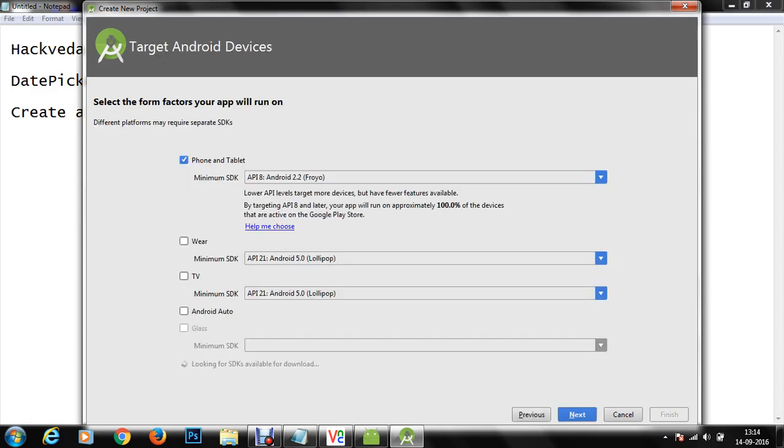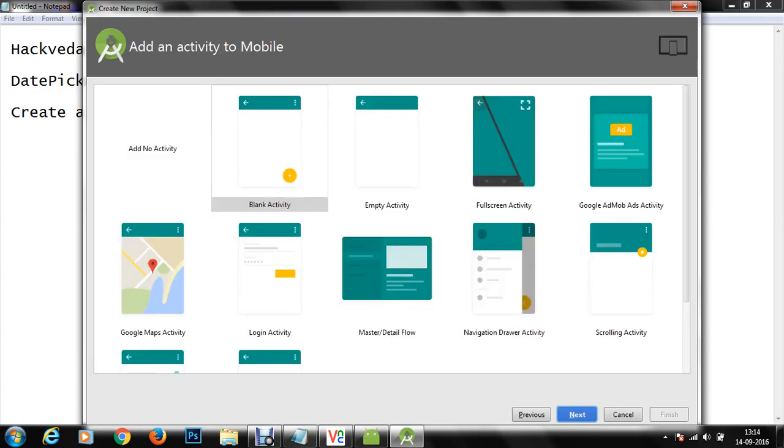We're going to click next. We'll be testing our application on minimum API number 8, and we will be showing you how your date picker looks in older versions supported by mobile devices and in the latest supported operating systems as well. So let's click on next.